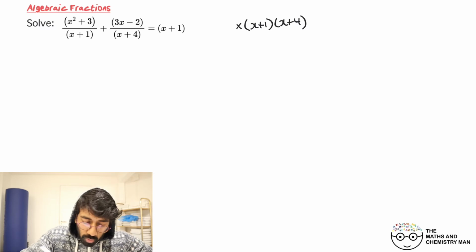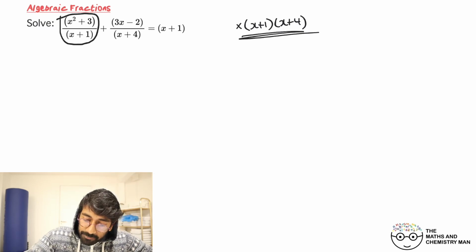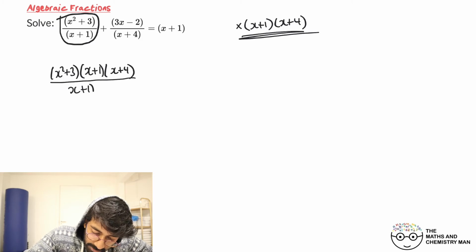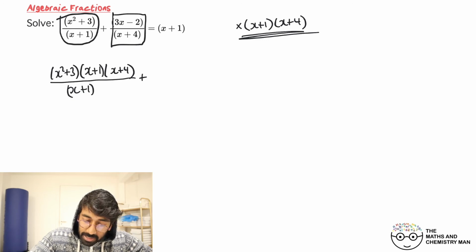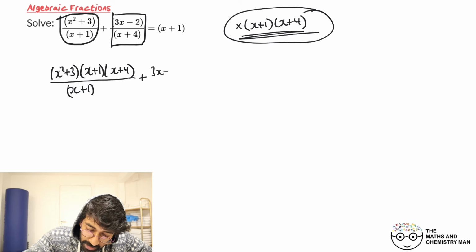So what does that do, right? Well, have a think. If we take this fraction and multiply it by x plus 1 and x plus 4, this is what happens. We'll have x squared plus 3, but then we've also now got x plus 1 and x plus 4 all over x plus 1. Now the second fraction, so this one here, let's take that and again multiply it by this. That means our fraction is now going to look like that there with x plus 1 and x plus 4